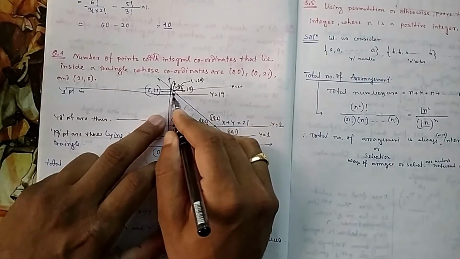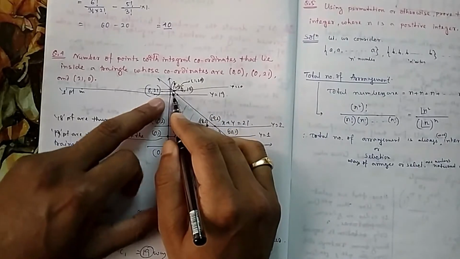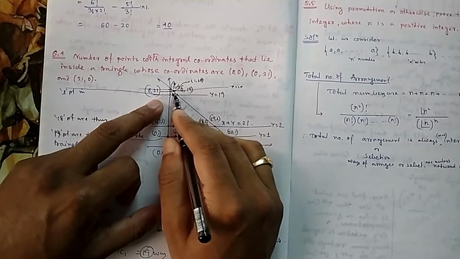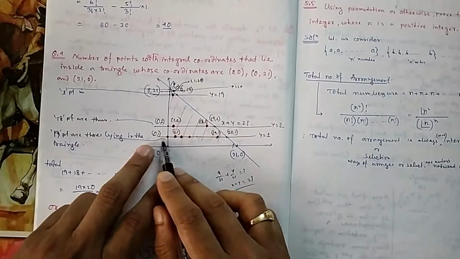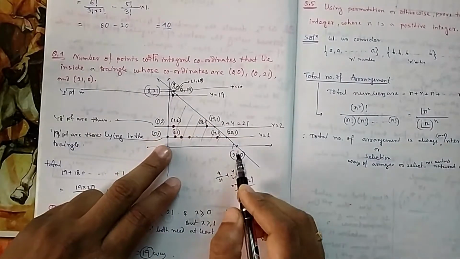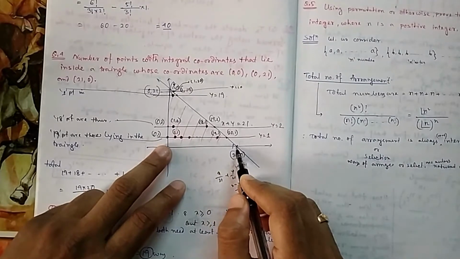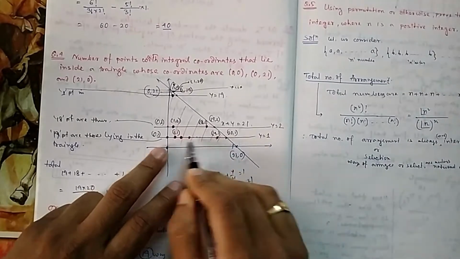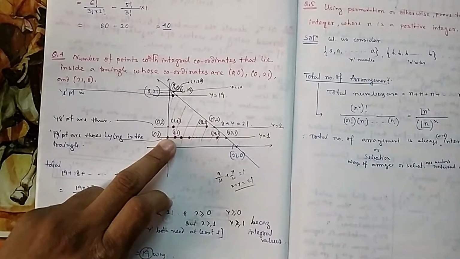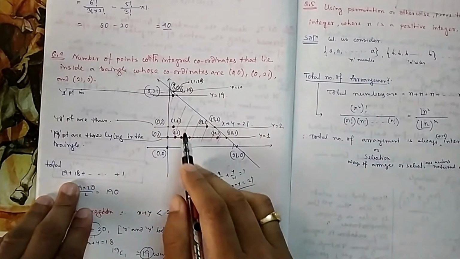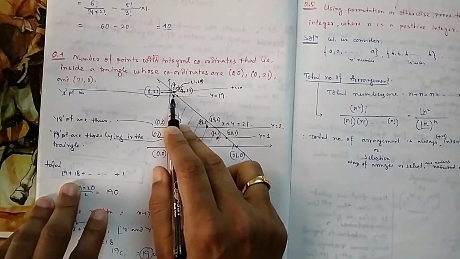So there is a point now inside, that is 1, 19, this small point 1, 19. Similarly, if you come to this line, the first line was 0, 1, because it is 21, 0 and this is 20, 1. So from 1, 1 to 19, 1, all these 19 points are inside. So first one is 19, then 18. Similarly, lastly we will get only 1 point.